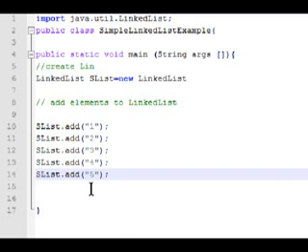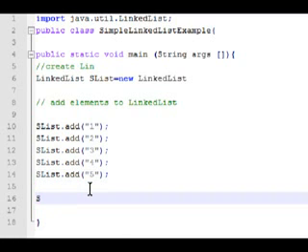And after that, we're gonna input the System.out.println.